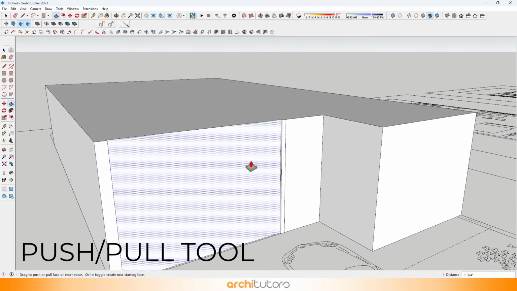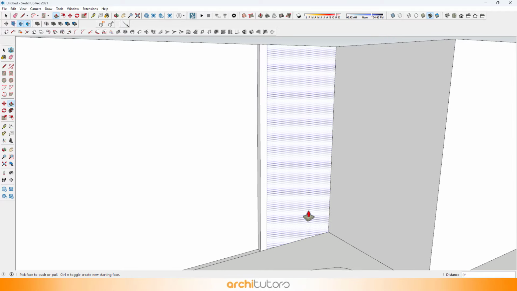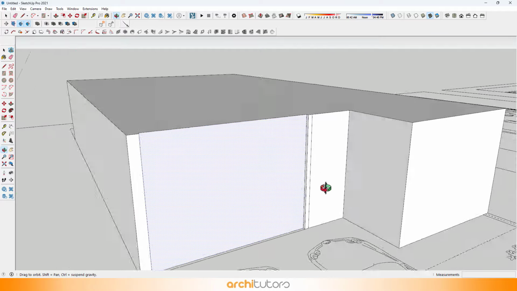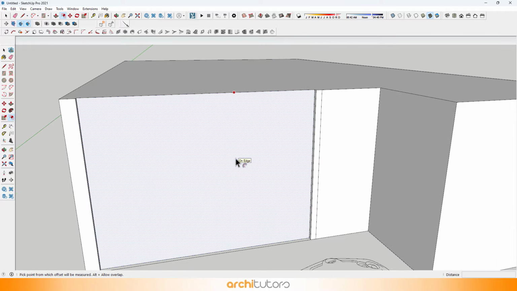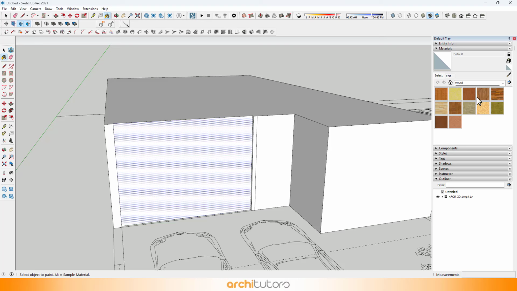Use the Push tool to intrude the surface. Apply a material for window frame.